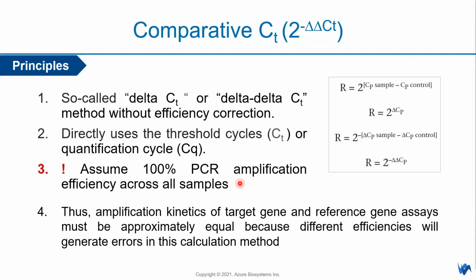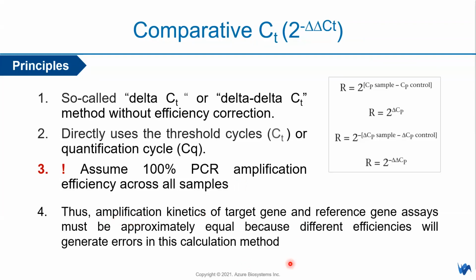The comparative CT method, or delta CT method, assumes 100% PCR amplification efficiency across all samples. This applies to all your samples, including your control, your negative control, and your positive control as well. In reality, it may not happen that way. So one very important thing that we need to be aware of is the amplification kinetics of the